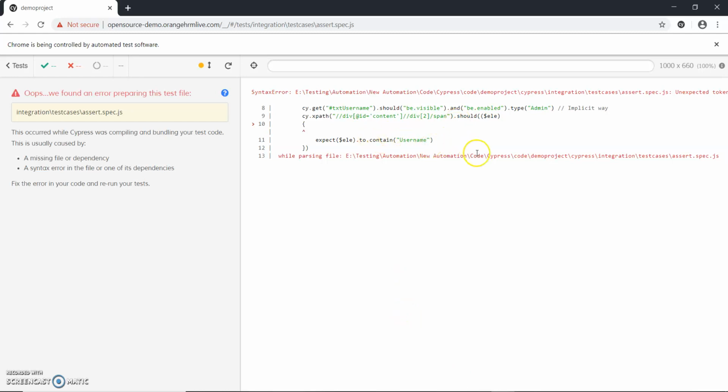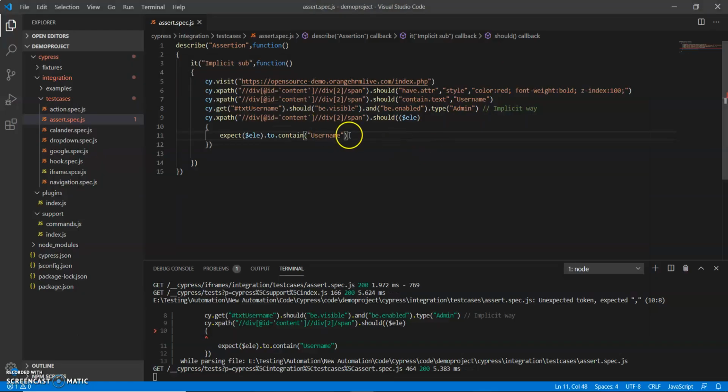So it gave me some error. Okay, what error did I find? I made some mistake here. Let me check this. This is expect, this should, so that should come here, and we are going to close this.